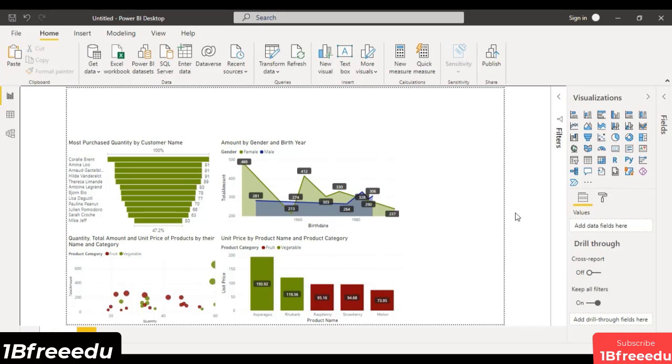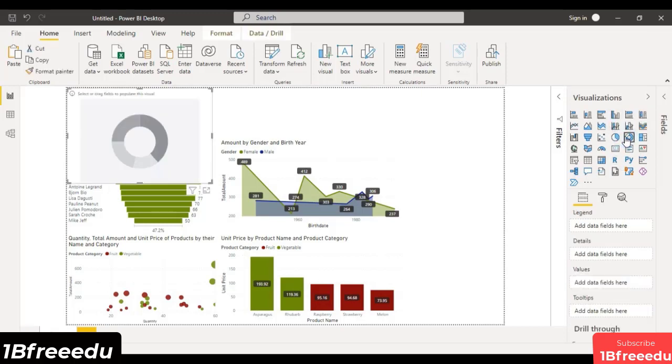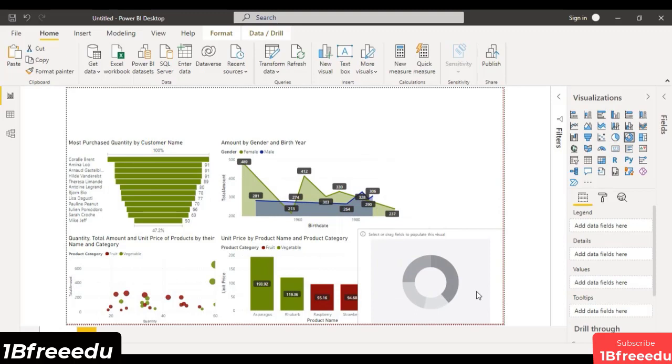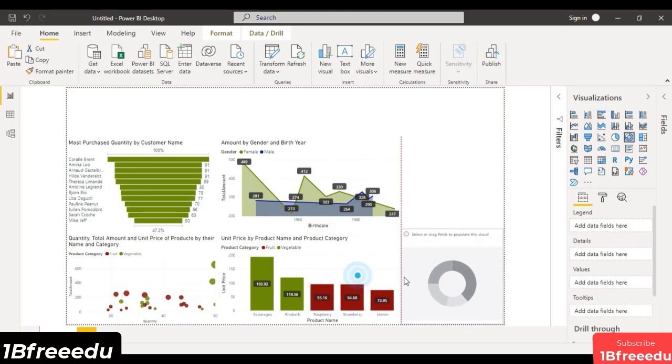Okay, both of them serve the same purpose. The only difference is that donut chart represents a donut with a hole in the middle, while a pie chart doesn't have a hole in the middle. So you can use either of those charts. My personal preference is a donut chart just because I like it a little bit better, that how it depicts the information. But actually both of them have the similar things to depict. Okay, so you can choose either one of them.